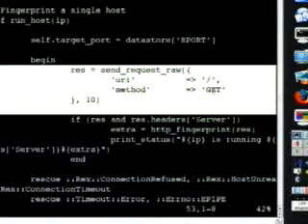You can see here, we don't actually set our host name anywhere. We don't actually do a connection call anywhere. That all happens for you underneath the scenes. So if you want to write a single host web scanner real quick,